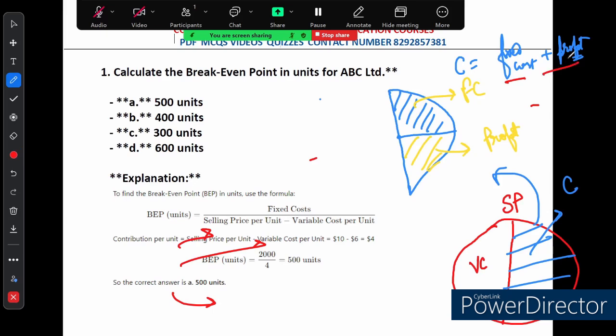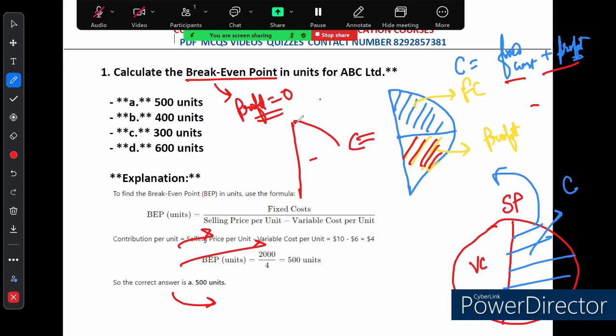Right. So what is the meaning of break-even point? Break-even point means a point at which profit is zero. Now you can see, if the profit is zero, then this shaded region will become zero, or we can say quite easily that the entire fixed cost will become equal to our contribution margin. Am I clear? Break-even point means profit is zero, and when profit is zero, fixed cost will be equal to contribution margin. Right? So this is how we will calculate it.